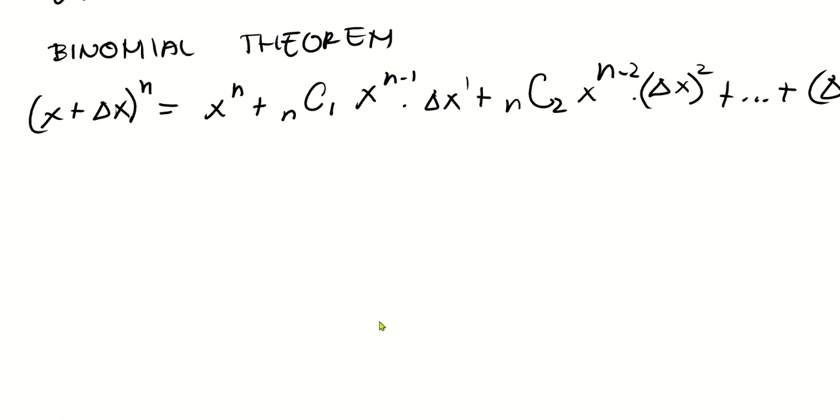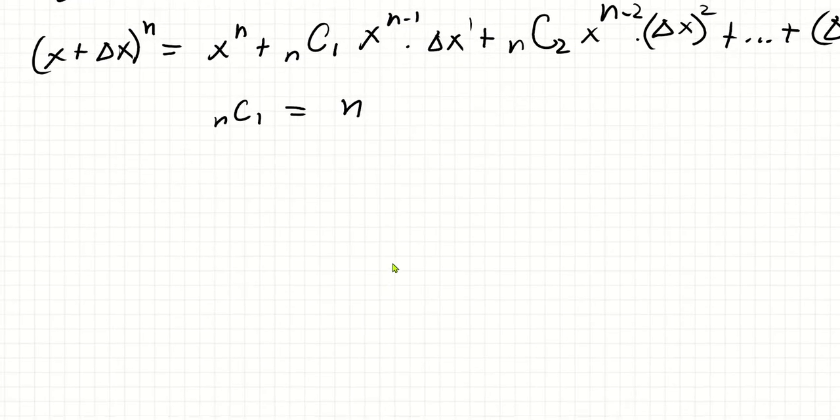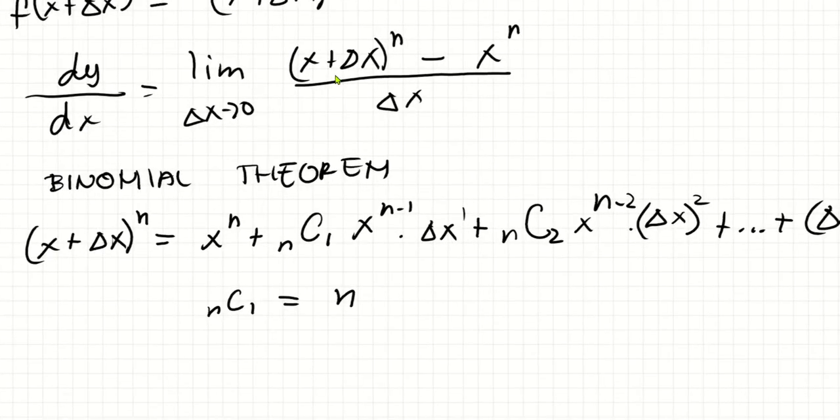Okay, so here nC1, any nC1, if you take any number, you take the combination to 1, this is always equal to n, because of the definition that I gave you, n factorial divided by r factorial times n minus r factorial. Then, if we apply now this one here in the limit,